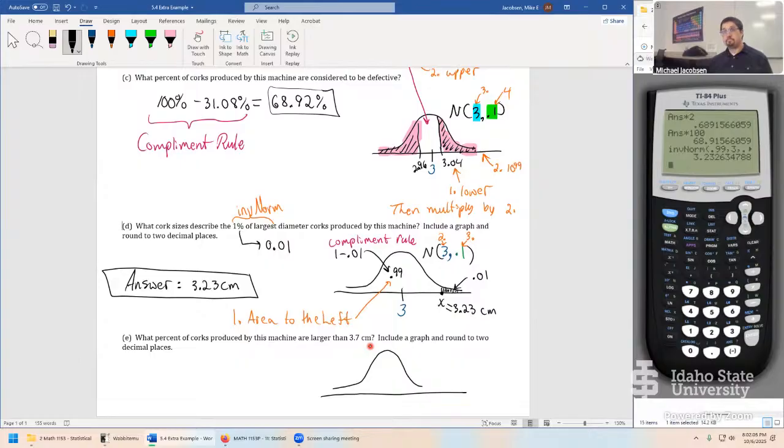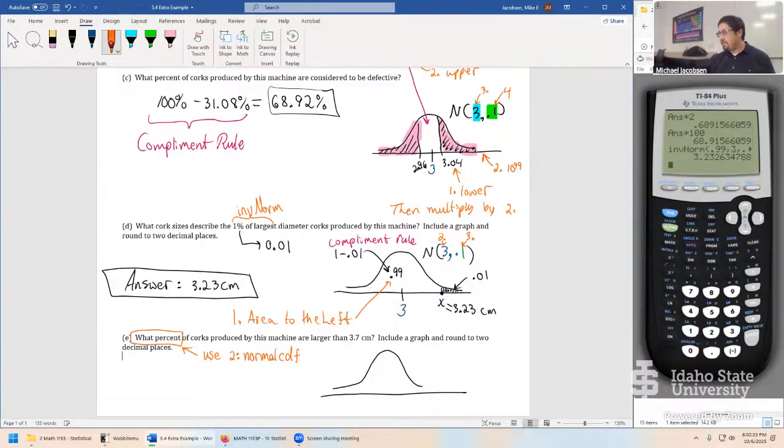Number 2 option. Yeah, absolutely. That'd be our normal CDF. And the giveaway in the wording is right here when it's asking for what percent. So use option 2, normal